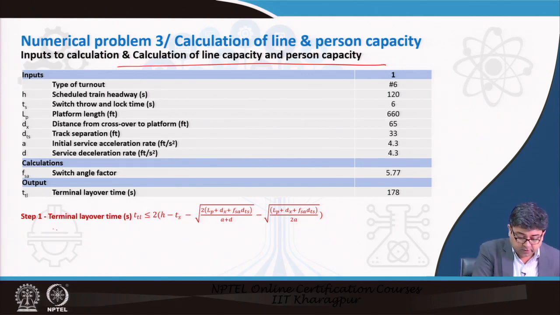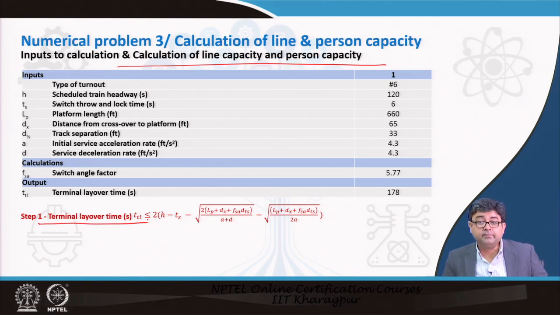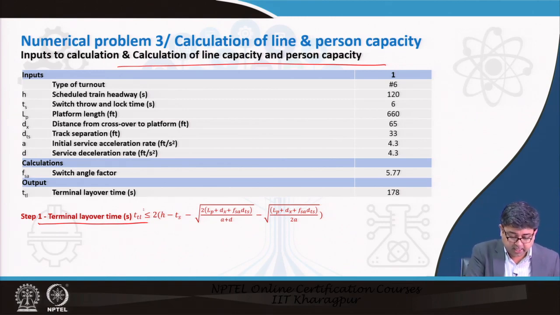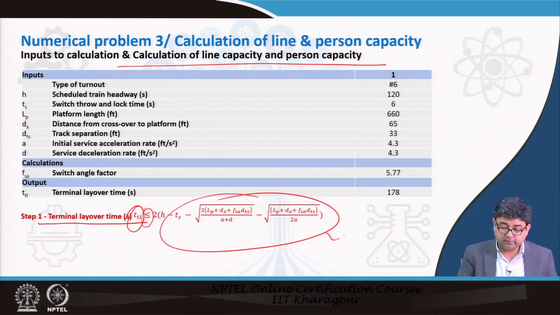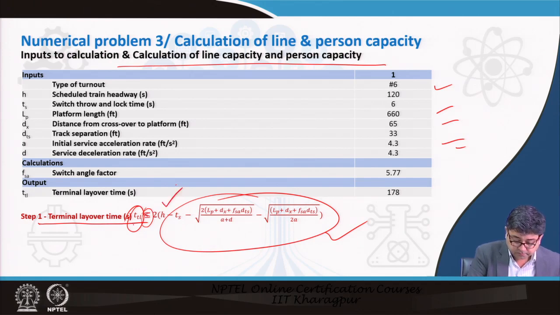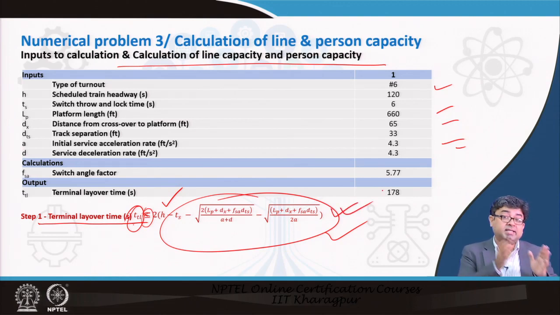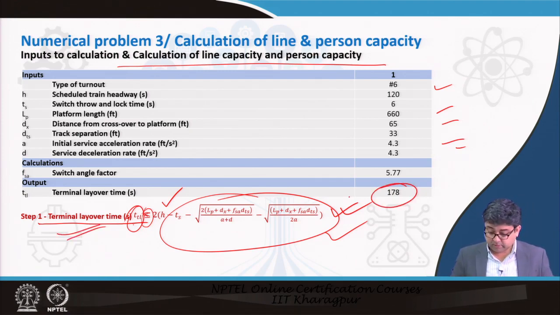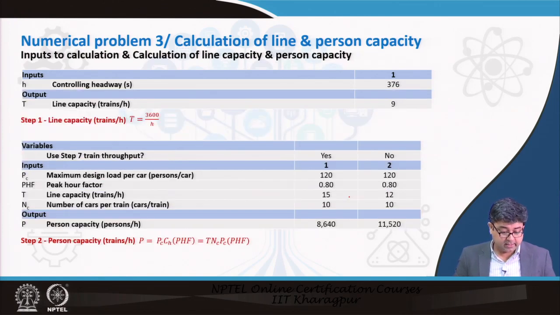In order to do so, first you have to determine whether there is any layover time at the terminal. That layover time at the terminal should be less than or equal to this entire formula. Again, all of these are input values that are either given here or have already been given earlier in solving these problems. Input this. If it is not less than or equal to that, then use the value that you get here. It has to be at least less than or equal to the right hand side value. So, that is what terminal layover time is telling you. Calculations show that the terminal layover time is 178 here.